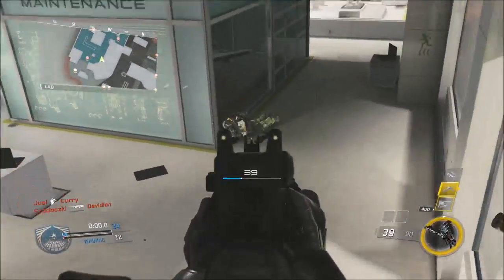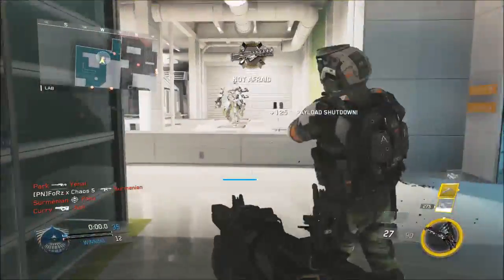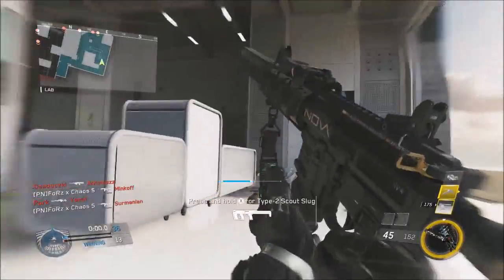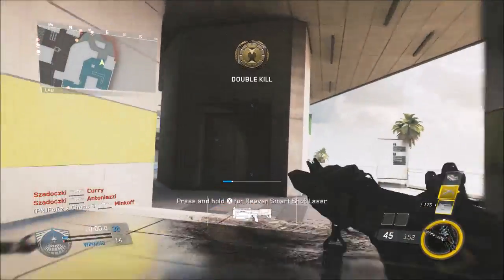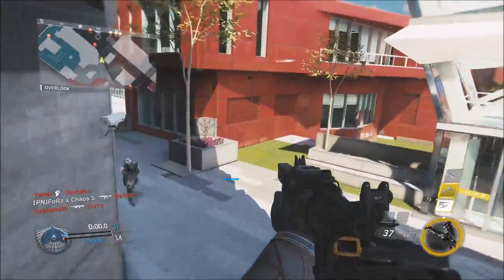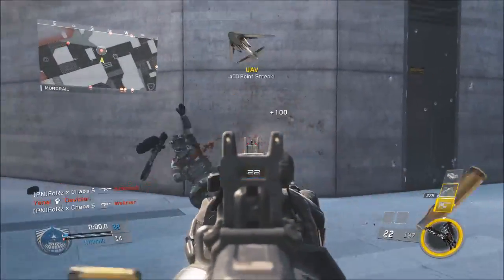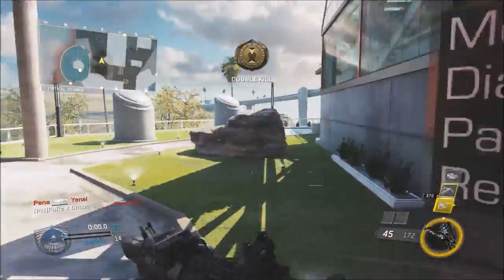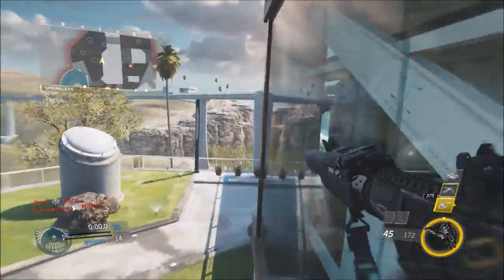Alright, last you want to put as many bots as you can on the map Genesis, which is 11, if you're playing free-for-all. You want to put as many bots as you can so you can have ultimate or unlimited targets everywhere. You want to put the bots at 11 and put them on, I would normally put them on regular or hardened,